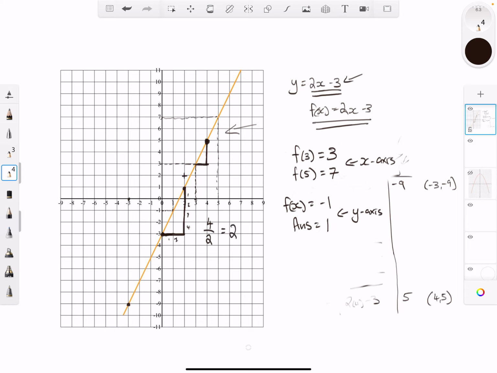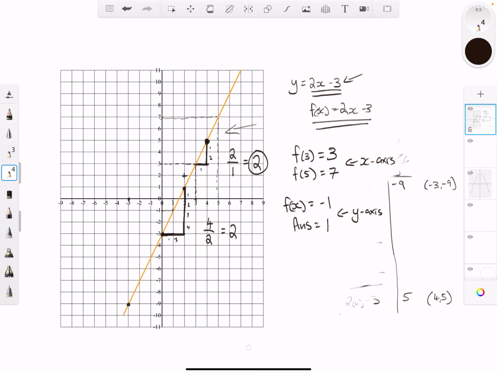And if I look up here, I did a smaller triangle. So I have 1 and 2, and this is just over 1. So that's rise is 2 and run is 1, so that is equal to 2. So our slope is equal to 2. All right. So that's another type of question. You might be asked to find the slope of a line. Okay. Now, the next type of question you'd be asked